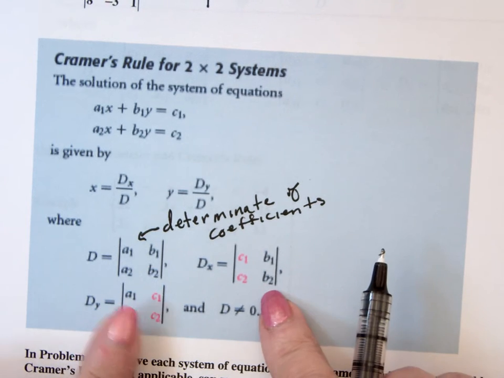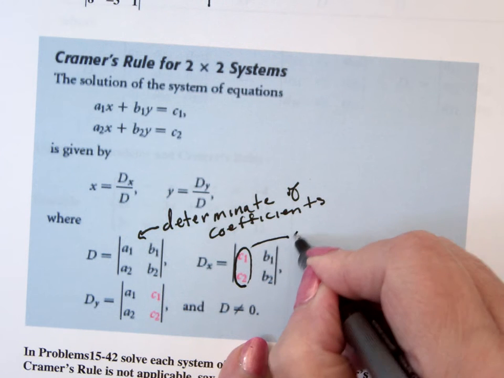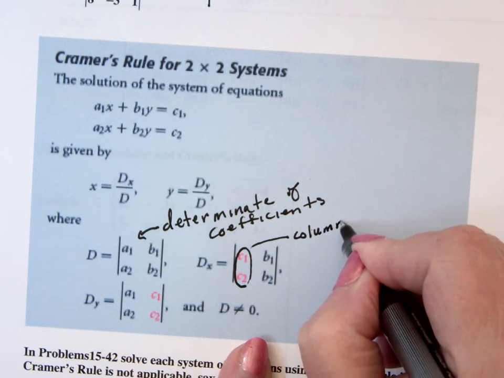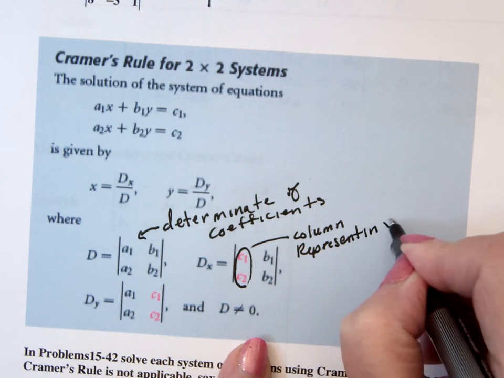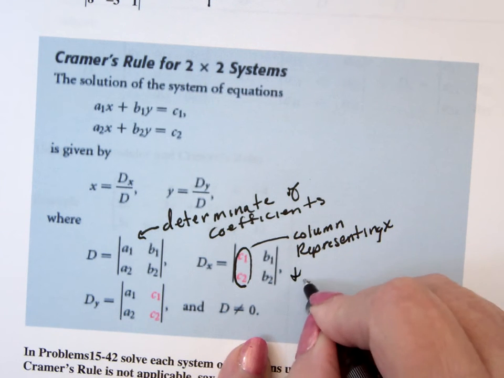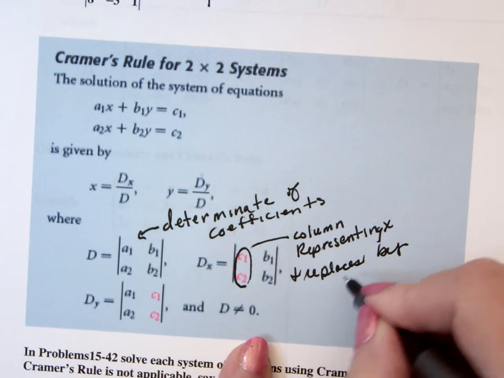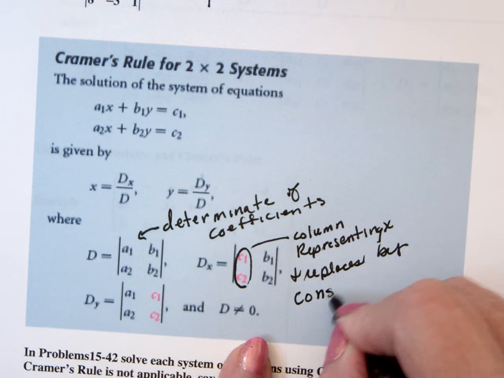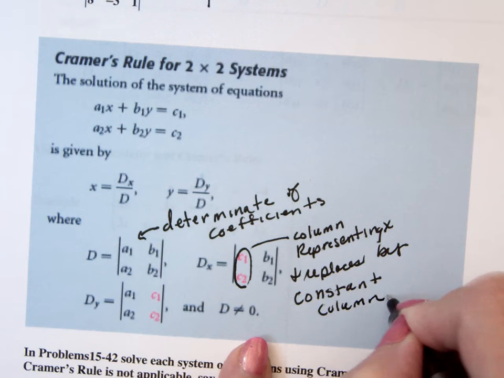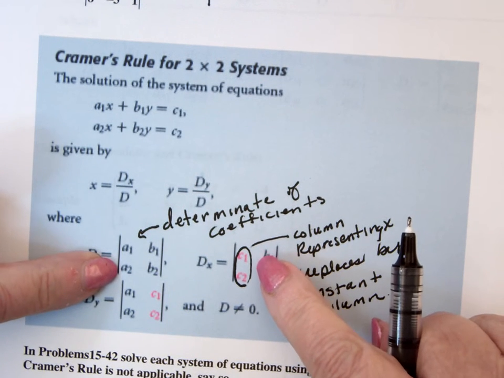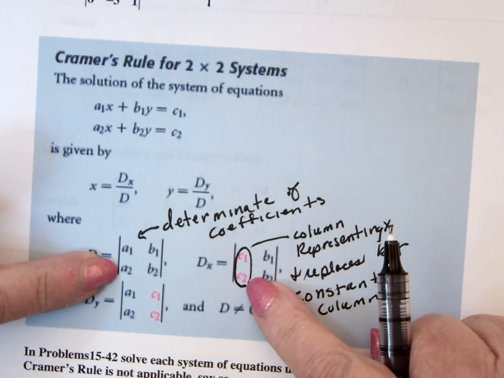Now what D sub x is, it takes the column representing x and replaces it by the constant column. So it takes A1, A2 out, that's the coefficients of x, and replaces it by C1, C2,